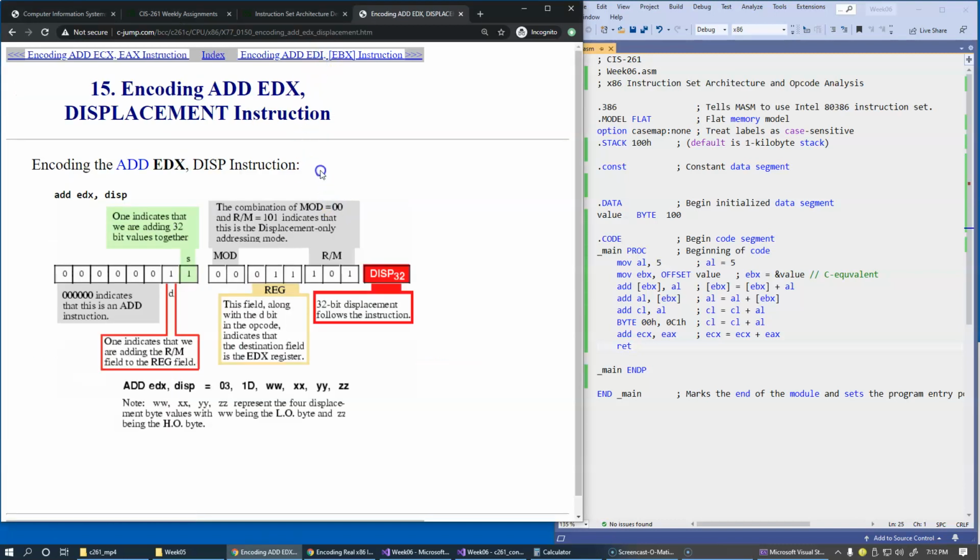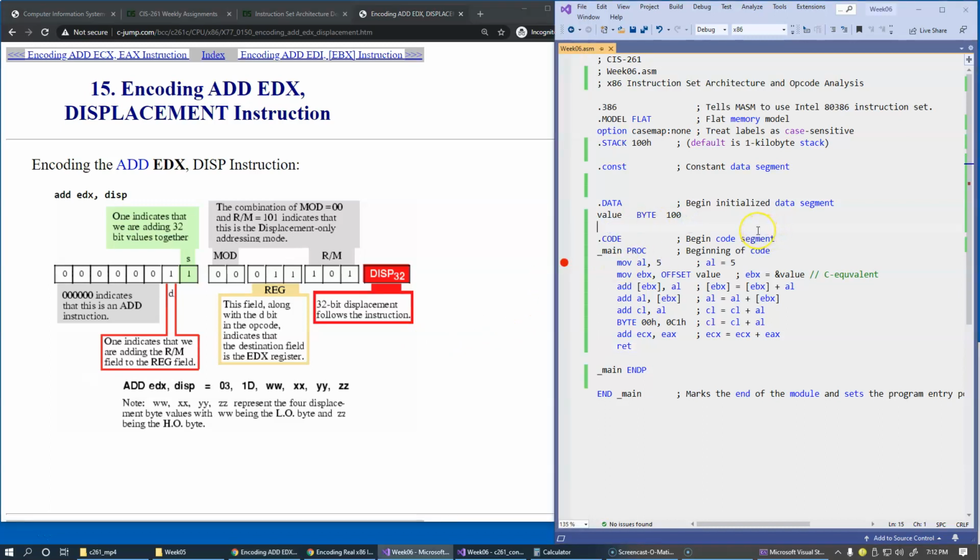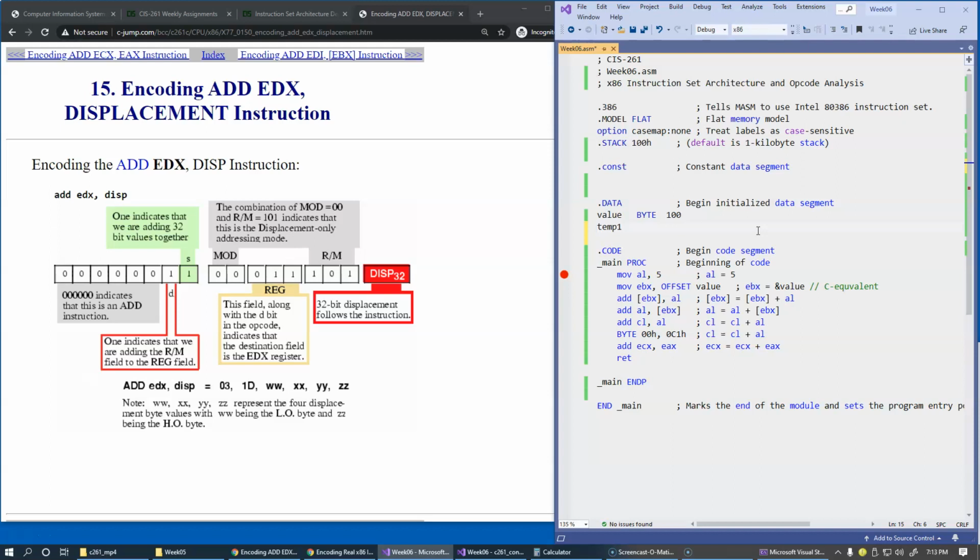Our next example is going to demonstrate memory segment displacement addressing mode. Let's start with an example like this. For instance, we can have an integer named temp1, and this will be double word, and I'll set it equal